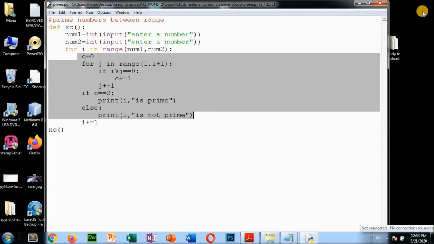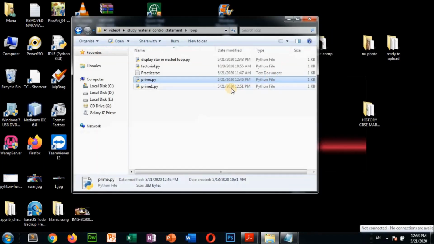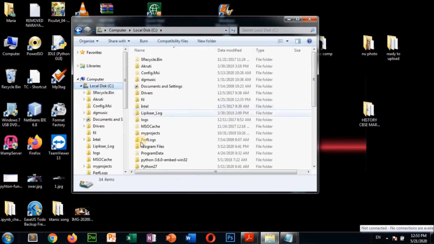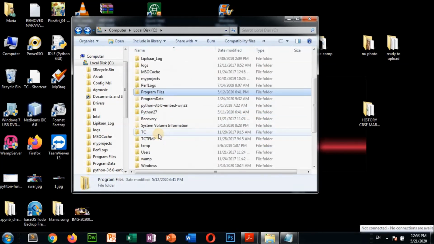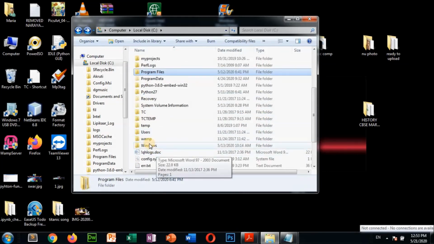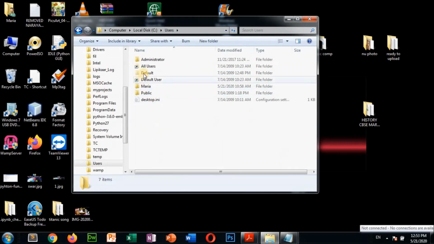Okay, so these are the looping programs that I have done for you. The programs of looping that I have now done in program files, these programs also I will send you in mail.